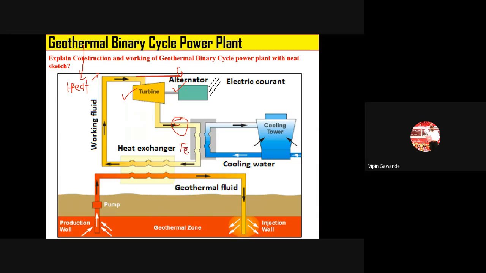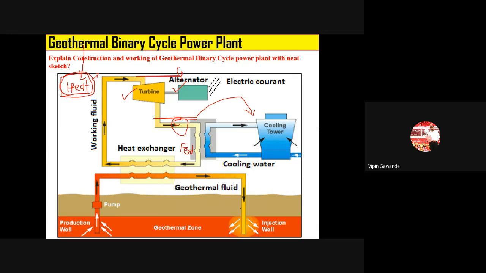Okay, the hot water from the condenser, it goes to what? The cooling tower. So same diagram. Okay, so that is there on the upper side. Now, what is our primary aim? That means we require heat. So from where will we get the heat for conversion of water into superheated steam? That comes from the geothermal, that is, the binary cycle plant.